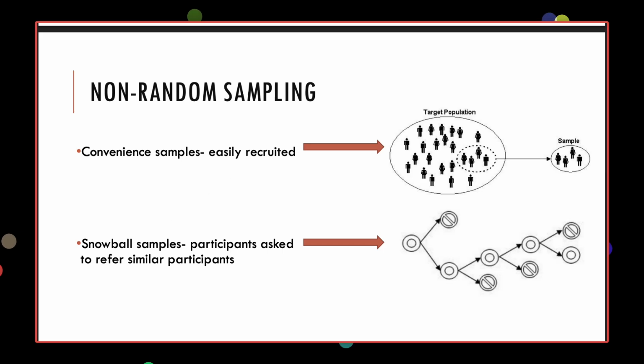So, non-probability sampling, okay, non-random sampling. Sometimes that gold standard of random sampling just isn't feasible. What if you're studying people with rare psychological conditions? What if your budget is basically zero? This is when you use non-probability sampling. It's messier, but it's often what really gets the research done, okay?